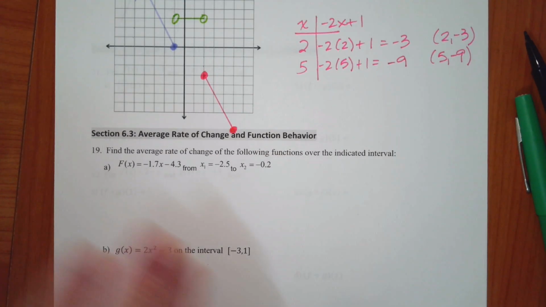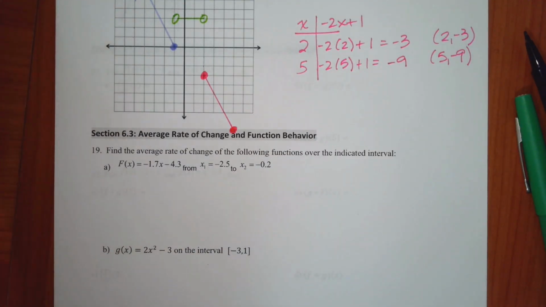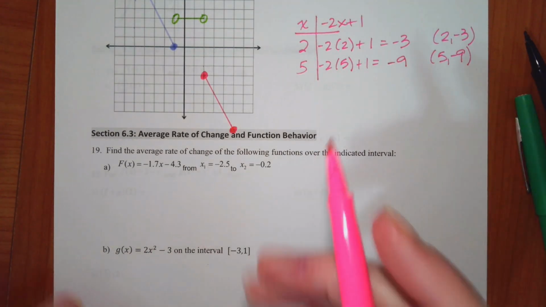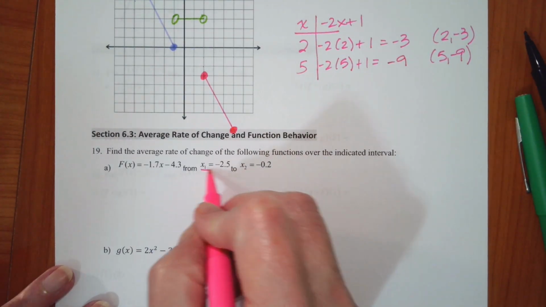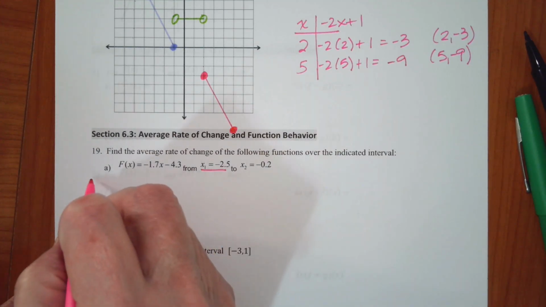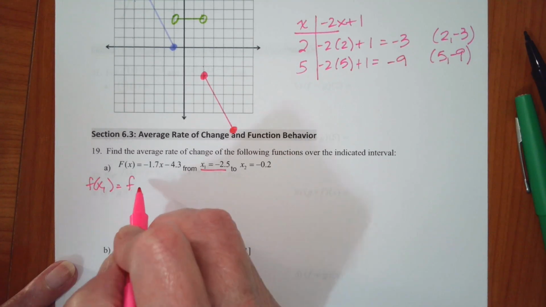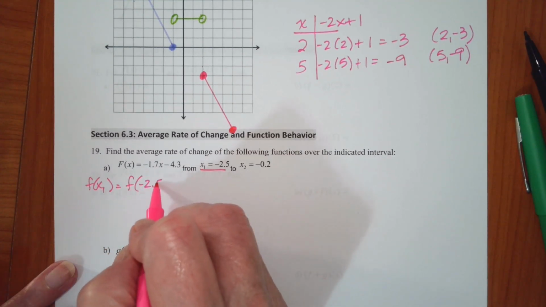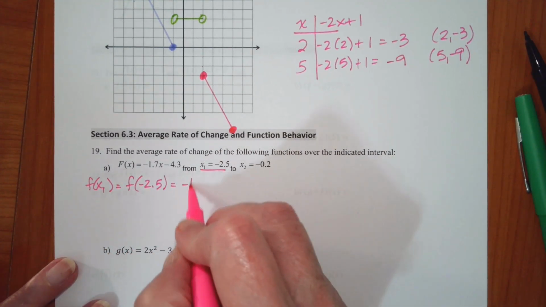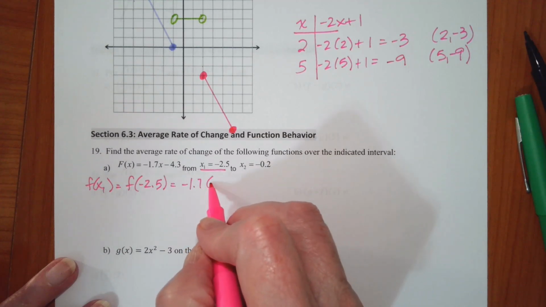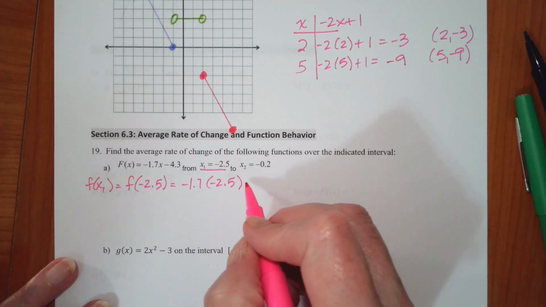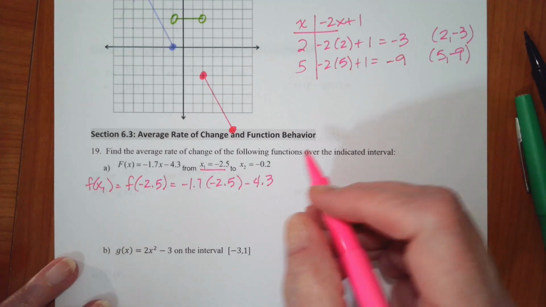So if we want to find the average rate of change, what do we do? Well, we basically are finding the slope. So we need between 2 points. So the first thing I'm going to do is find f of x1, which is f of negative 2.5: negative 1.7 times negative 2.5 minus 4.3